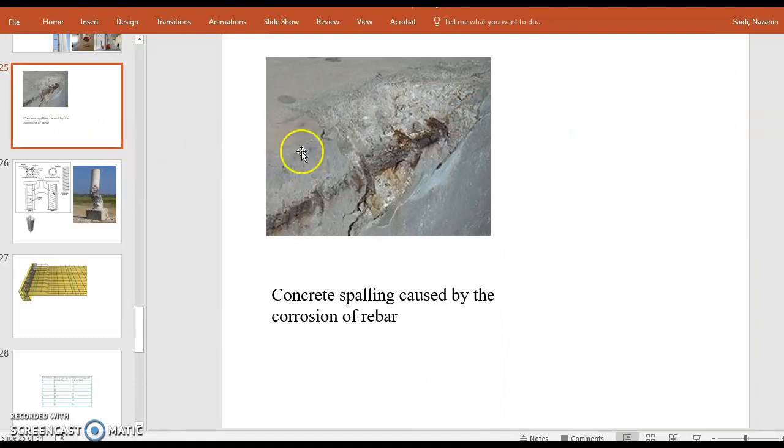I wanted to show you this image because it shows you what happens during the process of curing, you have corrosion of the